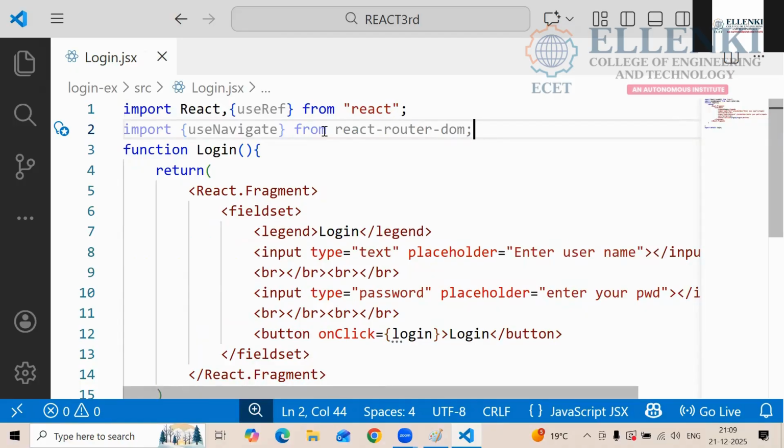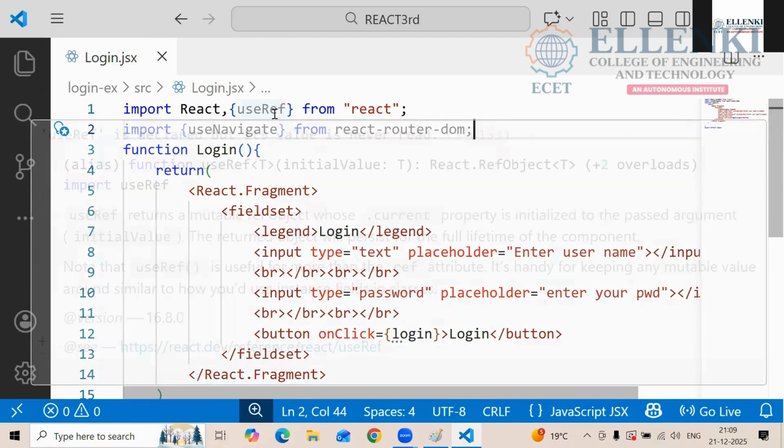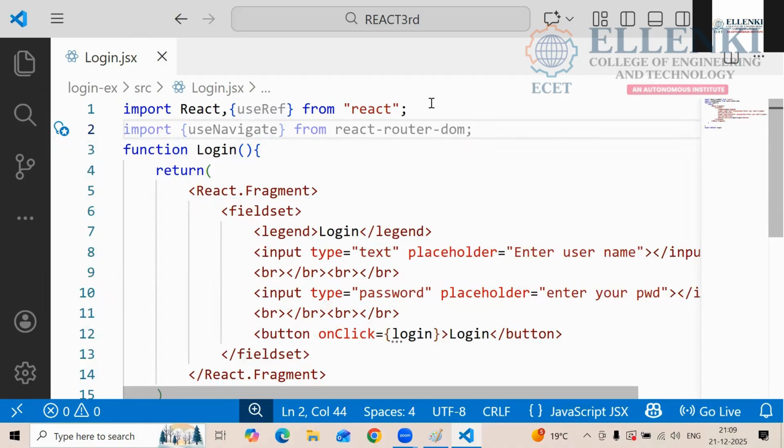Okay, now here we are using useRef. How is it going to be used? If you are giving some particular data, then you use useState. If you don't have the data, and it will be supplied by the user when they are running, when they are executing the program, then at that time you have to use useRef. This useRef will be used in the field sets also. Here we declare it, and after that we are going to declare that data, and that useRef will be used by the input types. So how we are going to use that one, we will see.